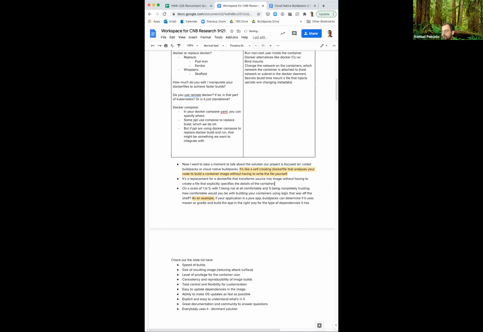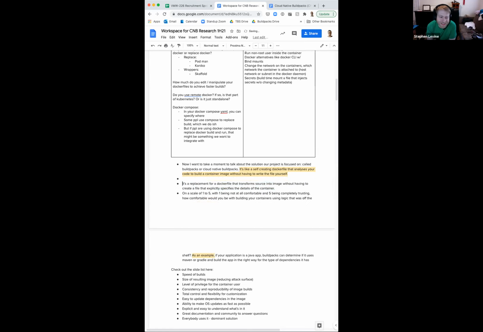It's a replacement for a Docker file that transforms source into image without having to create a file that explicitly specifies the details of the container. Specifying the details of the container seems like it's not hitting on the right thing. It's that explicitly